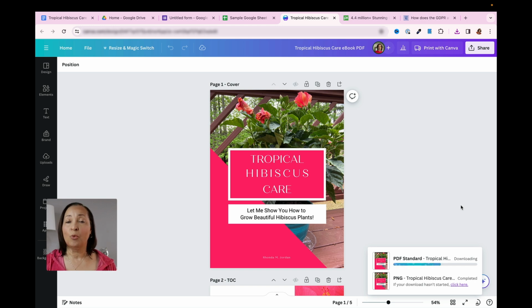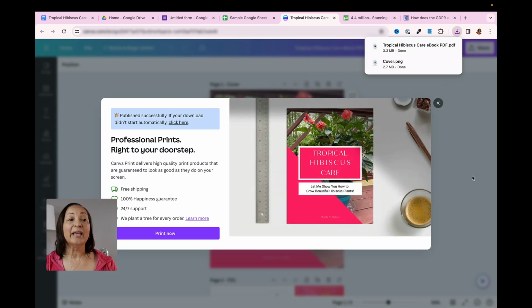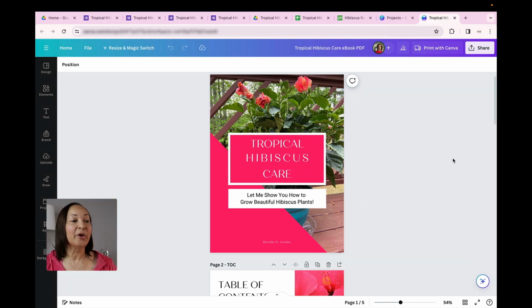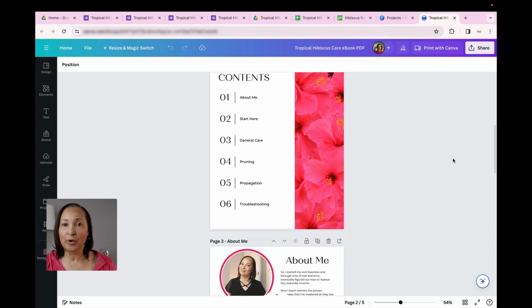Now you might be asking, why am I doing that? Because again, I'm going to be using these as part of my customization tools. The second thing that I'm going to be doing here is actually getting the information ready for what people will ultimately download. Now, if you'd like to learn how I created this ebook in Canva, I'm going to link a video above as well as in the description box.